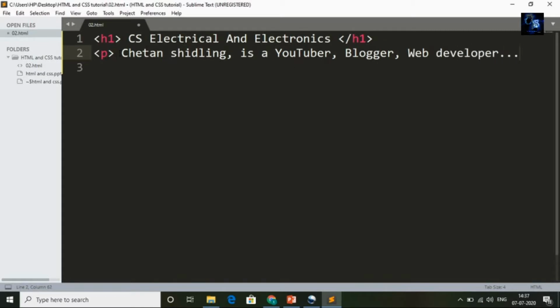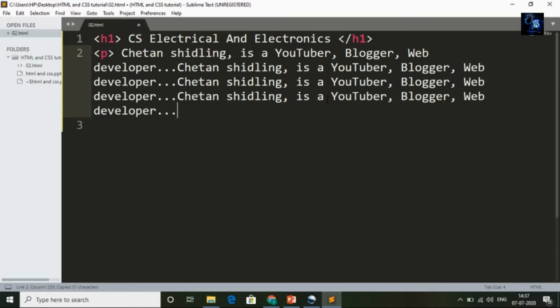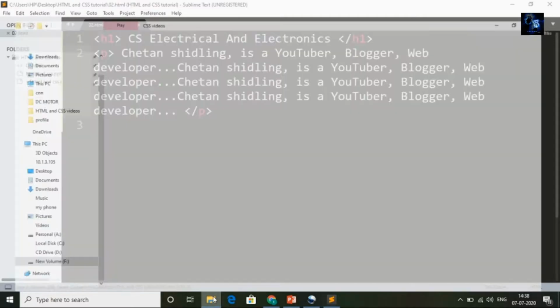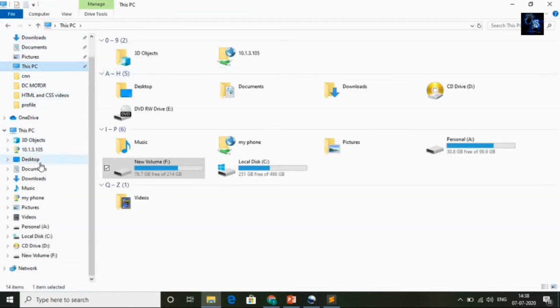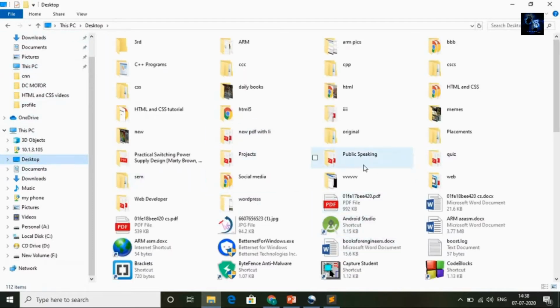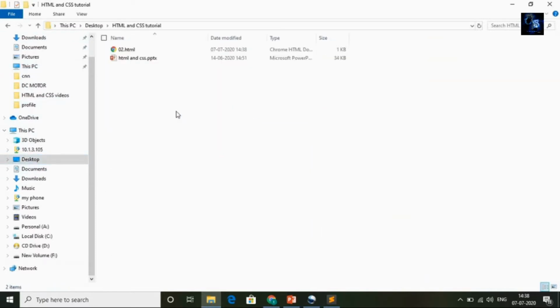Okay, and I will copy this sentence and paste it again here. And at the end I will add one closing tag. To add the closing tag, less than sign, slash p, greater than sign. Now I will save this. Okay, and I will come back to my folder, where it is on the desktop, HTML and CSS tutorial, and 02 HTML.